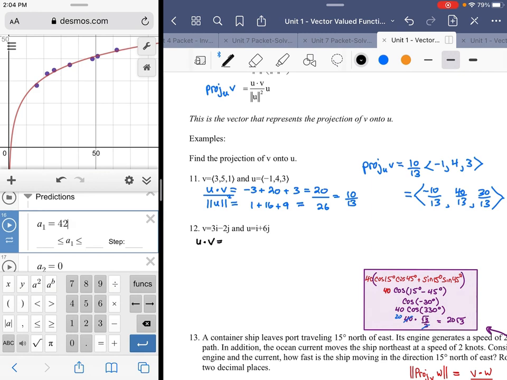we're talking, if you want to write it in component form, you could, but you could also just pull the pieces out and go with it that way. So the coefficient of I is 1, so 1 times 3 plus coefficient of J, 6 times negative 2. I'm just doing it in UV order, even though it doesn't make a difference for the dot product. All right, so that would give a result of, so we're taking 3 and subtracting 12 from it, so negative 9. All right, so the magnitude of U squared